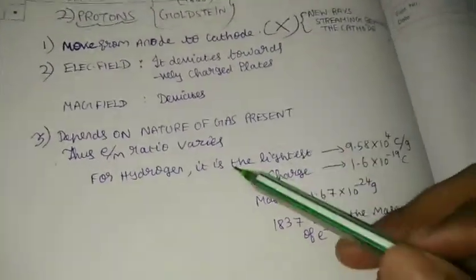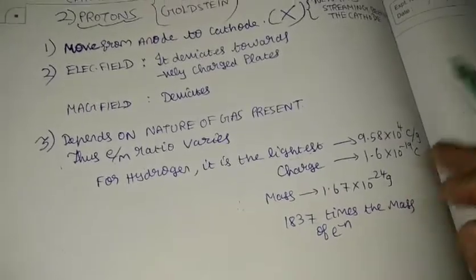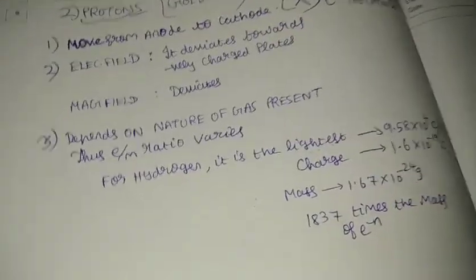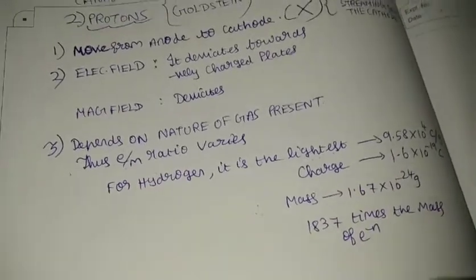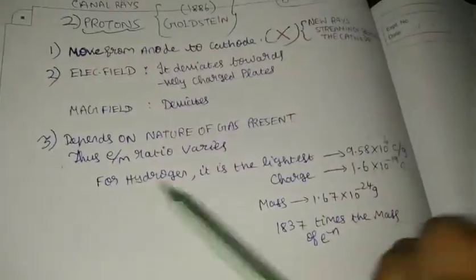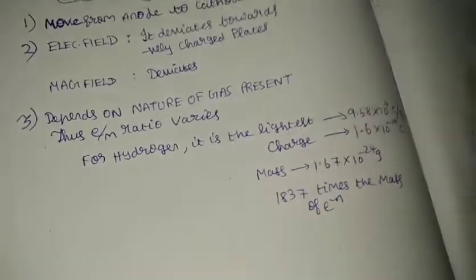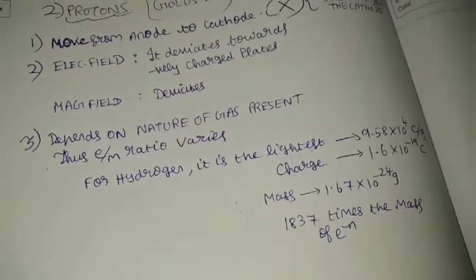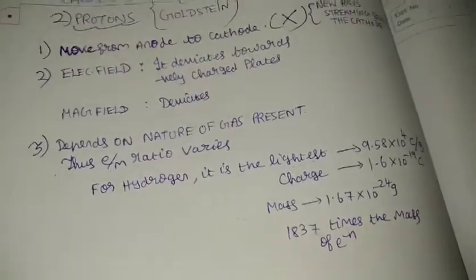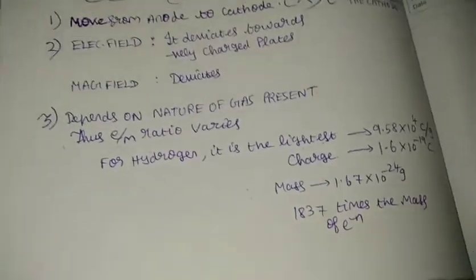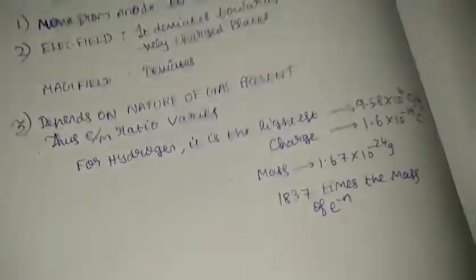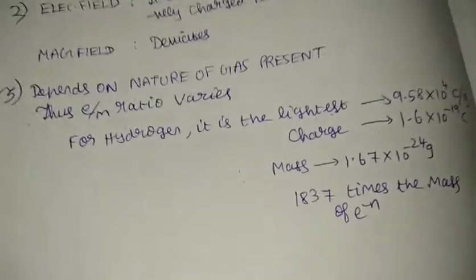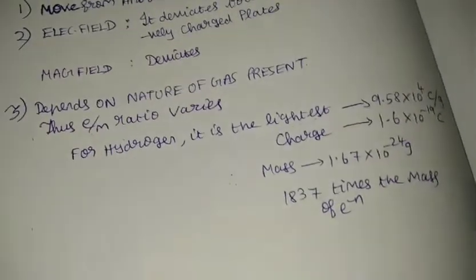So Goldstein decided to let this be the basic fundamental e/m ratio. But when we take different gases, this e/m ratio varied. That's because every atom has a different number of protons. That's what he concluded from the experiment. Every atom had a different number of protons, so it came to the discovery that the e/m ratio varied.